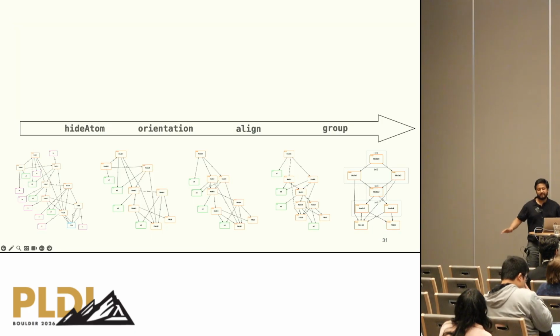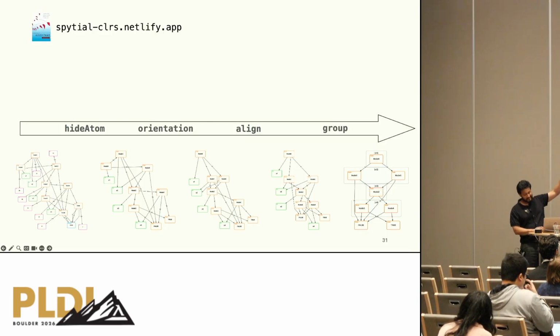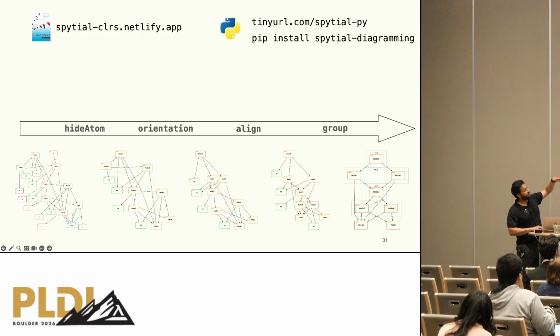Basically, Spatial gives you a diagram when you need to inspect a program value. You start from a free graph representation of the value, refine it one constraint at a time, and stop when it meets your needs. You can play with our CLRS data structures here,